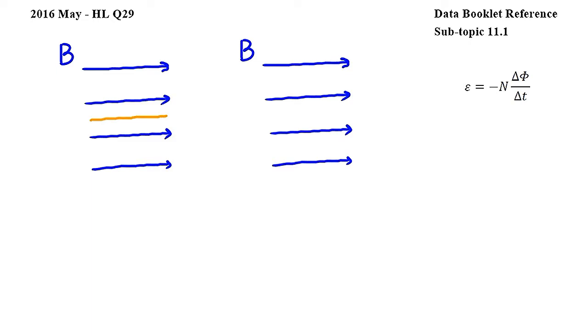Let's examine the magnetic flux once the coil has been rotated by 90 degrees. What we see here is that the area of the coil is parallel to the magnetic field lines. So again, no field lines are penetrating the area of the coil, which means that magnetic flux here is also